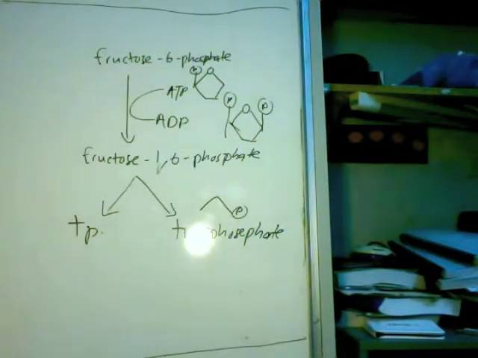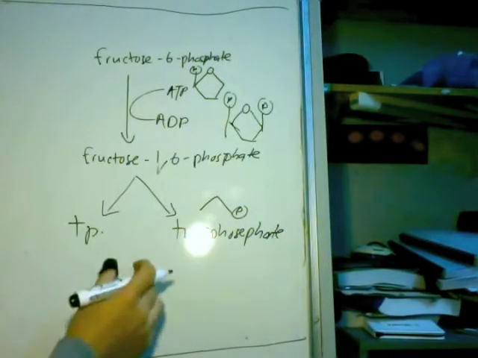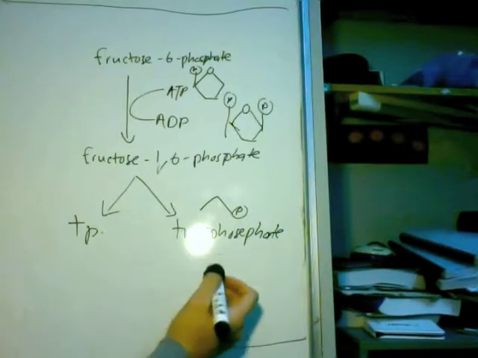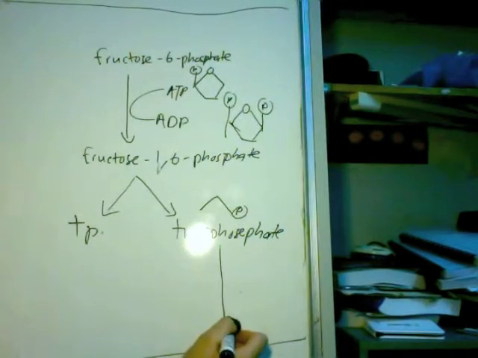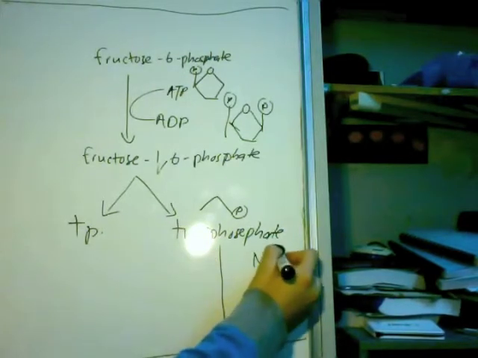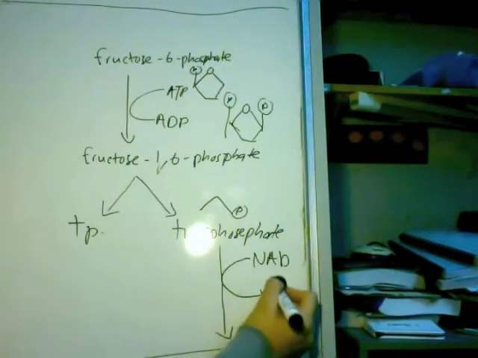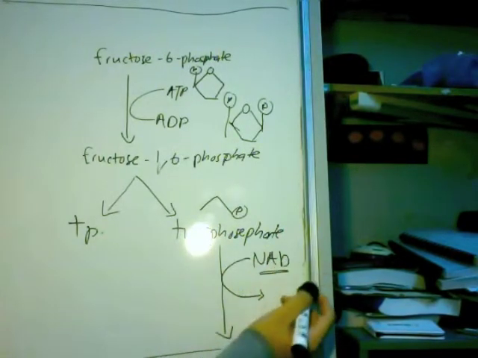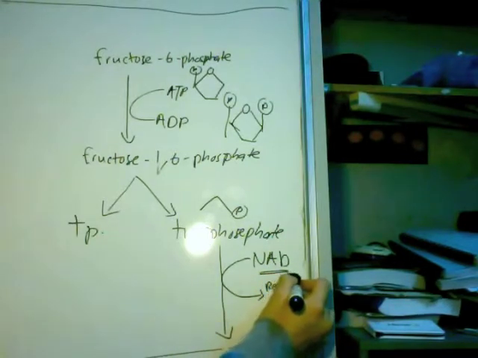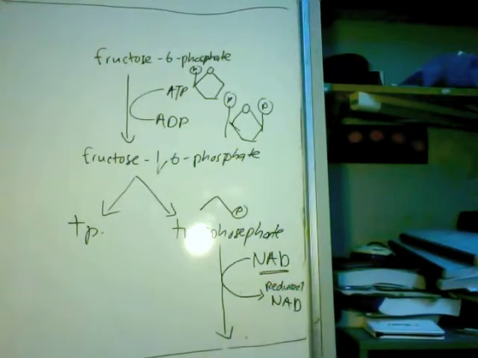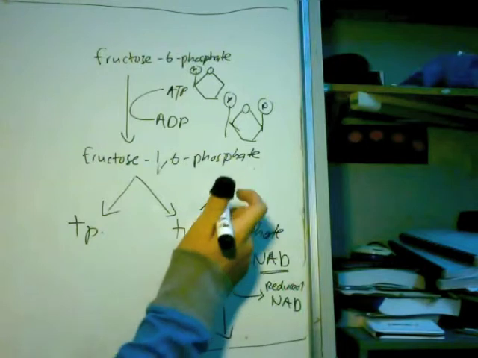What happens after this is much more amazing. First of all, triose phosphate gets oxidized by an NAD molecule. The NAD molecule itself, which is a hydrogen carrier, gets reduced to reduced NAD. So that's 1 hydrogen out